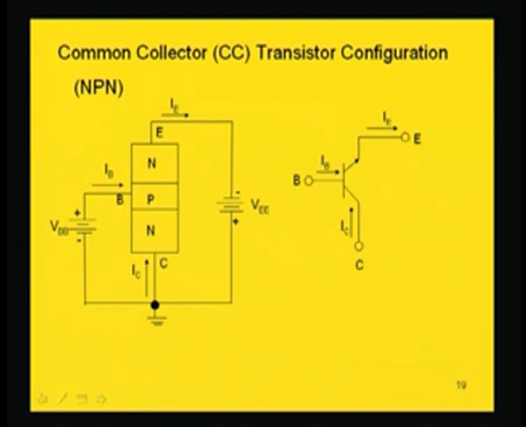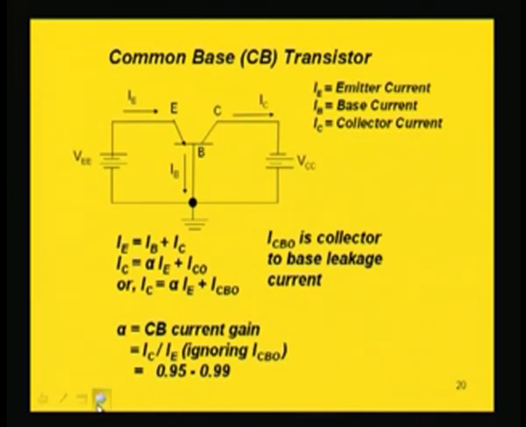This junction between this N and P will be reverse biased by this configuration, here collector is grounded. So, now common base transistor has this configuration. If we look into the three currents, emitter current, base current and collector current, with a